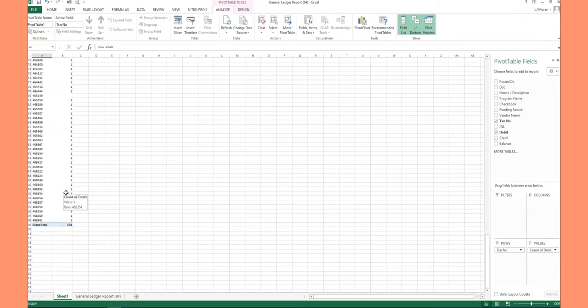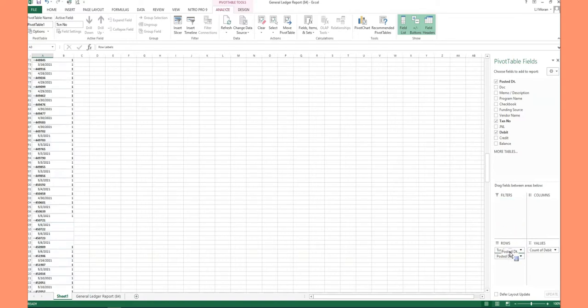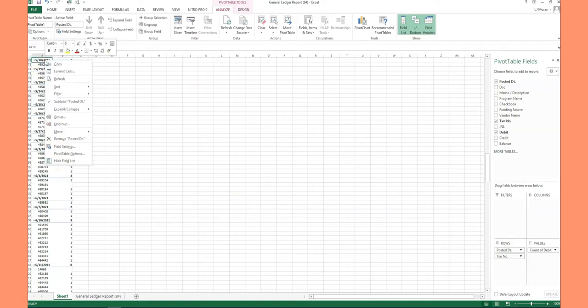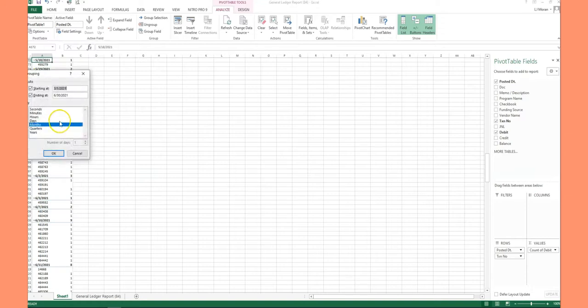We will select posted date from the Pivot Table fields of the General Ledger report. We'll add that to the rows column to include that in the information we're going to count. By adding it to rows, we can now right-click on one of the dates, and then we can choose to group the dates by a period, so we'll choose months rather than dates and